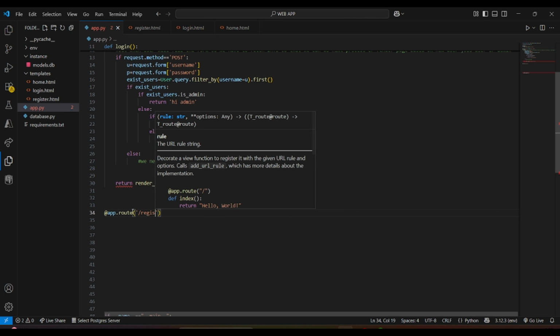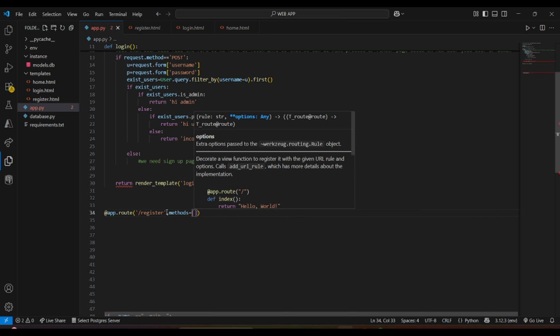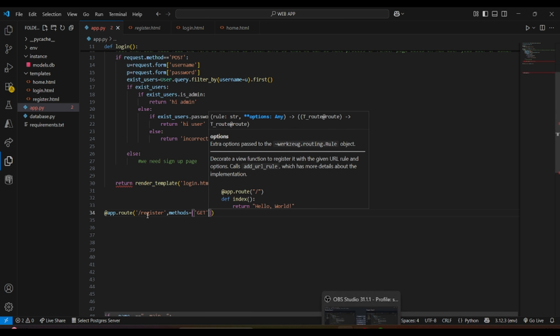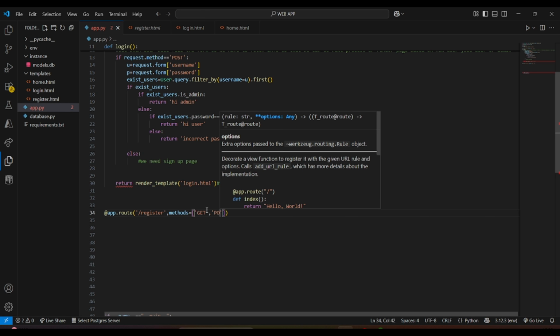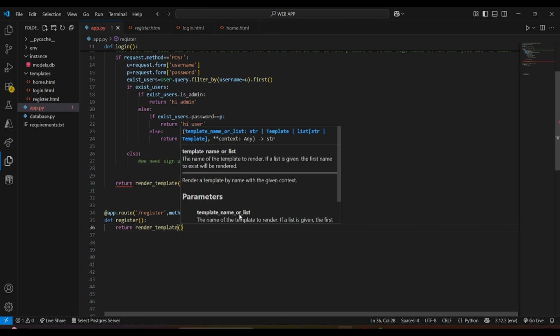The process is the same as we have done in the login route. We set two methods, GET and POST. Then we define a function, register, and we simply render register.html.